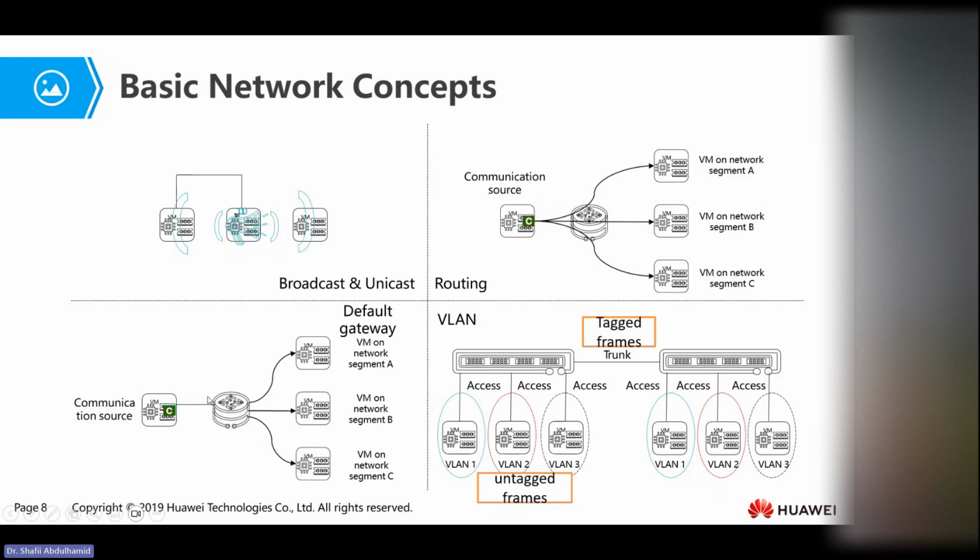So if we want to look at a broadcast in this situation, once this machine sends the broadcast, it goes to all the virtual machines in the other network. But the most important thing for a default gateway is that a router is involved. Anytime you hear the word gateway, it means we are referring to the router. So communication has to pass through the router. And the fact that it is passing through the router, what type of traffic do we call this?